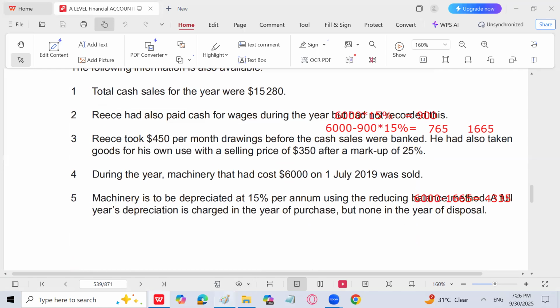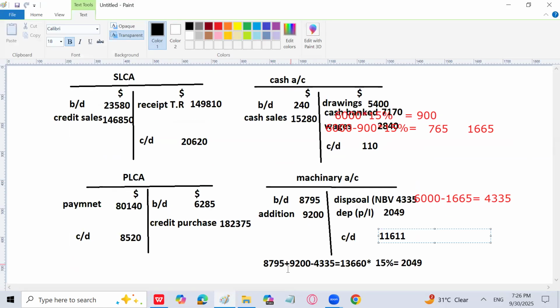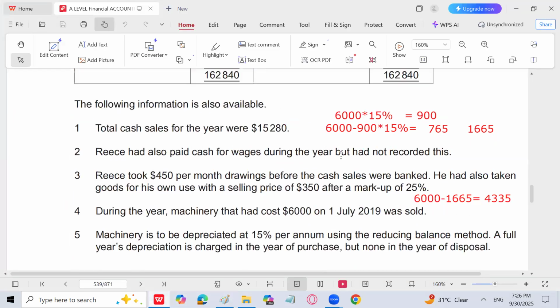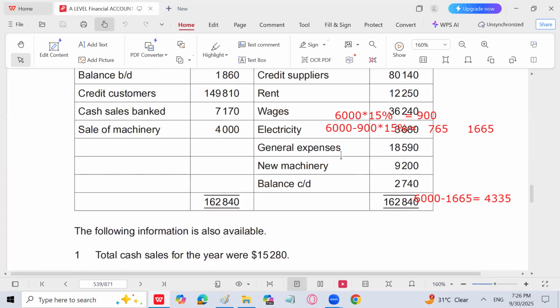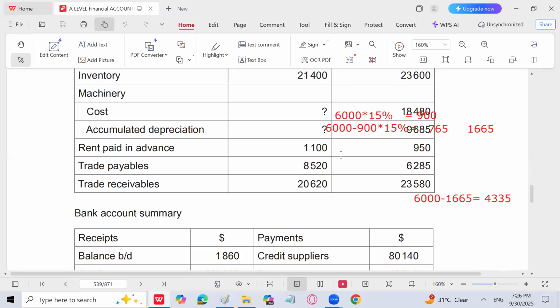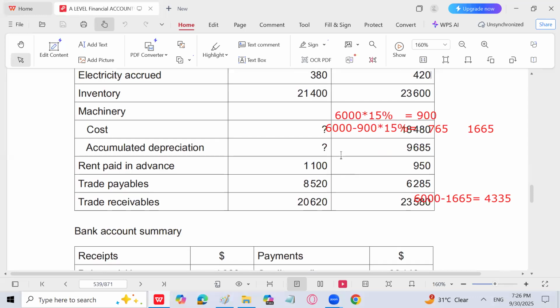Now I'm going to prepare the income statement. But before going for the income statement, let's prepare the accounts of the expenses, two accounts where opening and closing are given, for rent and for electricity. So it's very easy. I can solve the question. I can prepare the